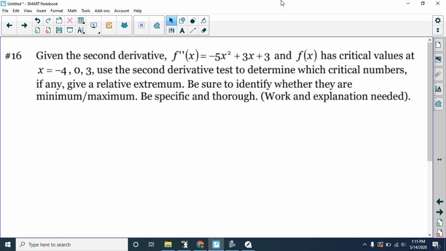So this is using the second derivative test because we're given the second derivative. Maxes and mins occur at critical values, so any of these values could be maxes or mins. To tell if they are, we are going to take those values and plug them into the second derivative. So if I plug in -4 into the second derivative,